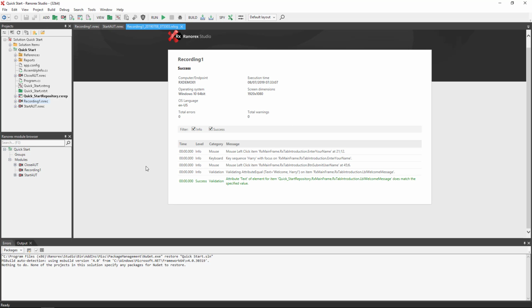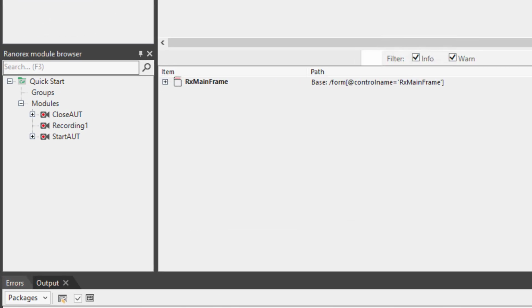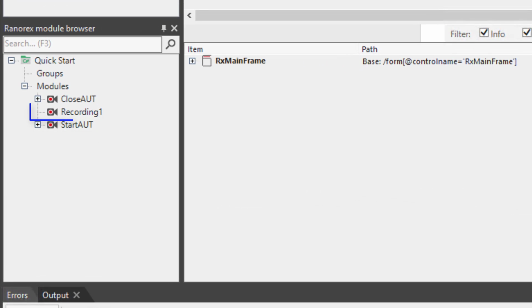Scroll down if necessary to review the messages from the test run. Then, close the report. Now, open the Close AUT module in the file view and run it to close the demo app. Instead of running the Start AUT, Recording 1, and Close AUT modules individually, you can put them together